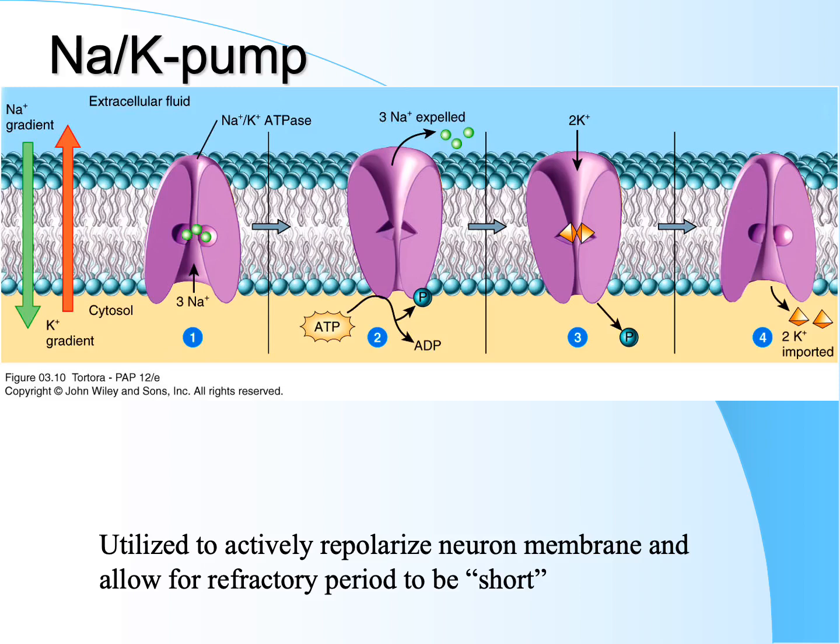In this case, we have to use the sodium-potassium pump. This is going to be utilized actively to repolarize the membrane so that the refractory period can be shortened to allow for continuous action potential trains to be passed along in the action potential pulses. So let's take a look at how the actual sodium-potassium pump will function to allow for the membrane potential